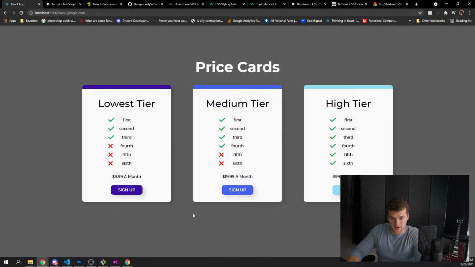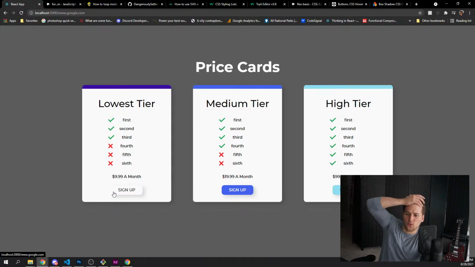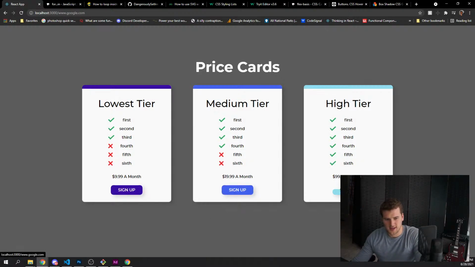Then we go back here. Now they have a box shadow. They're capitalized. It has that. I don't know if I like that or not. What do you think? It's still got the white outline because of the box shadow. Does that look good or not? We like that or? I like it. It looks cool.